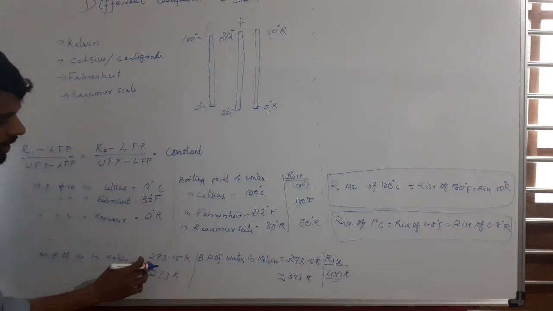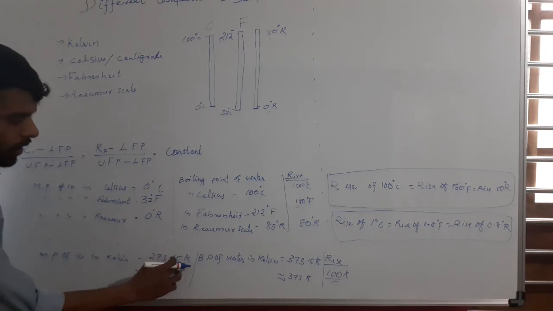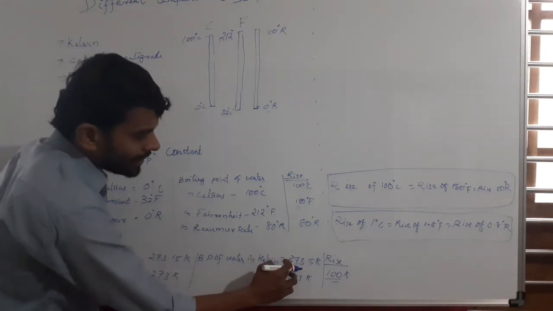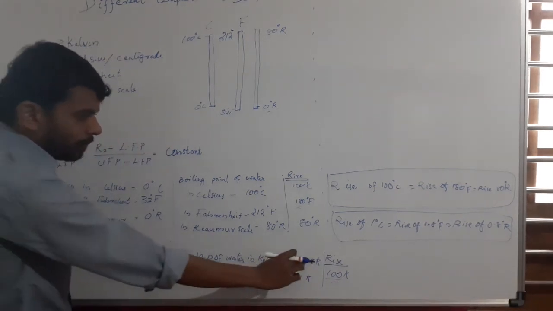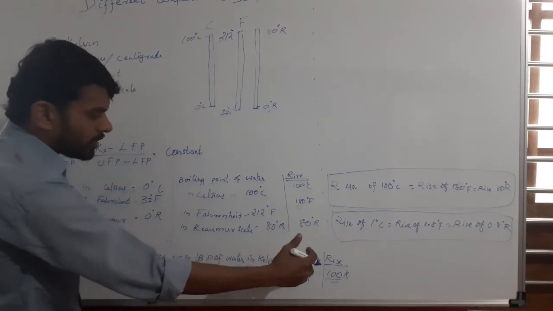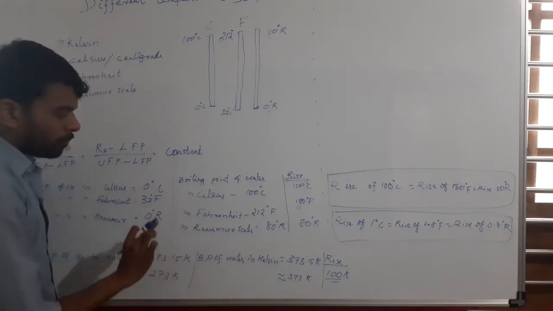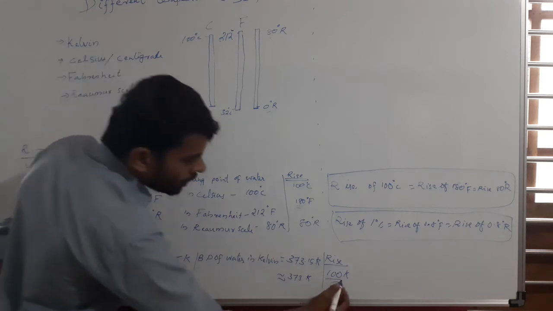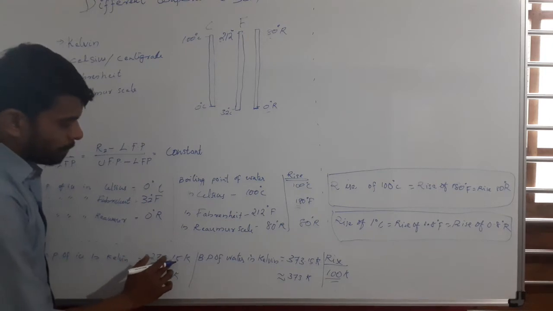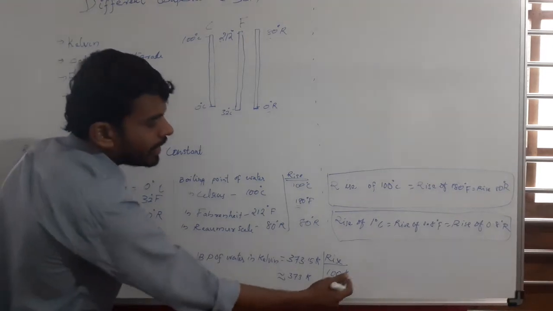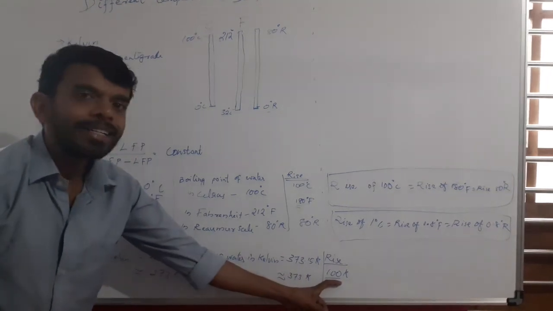Here, initially the melting point is denoted as 273.15, and now the boiling point is denoted as 373.15. So 373.15 is the temperature which is raised from 273.15. What is the rise in temperature from the melting point to the boiling point of water? That is 373.15 minus 273.15, which is equal to 100 K. So a rise of 100 K from melting point to boiling point.